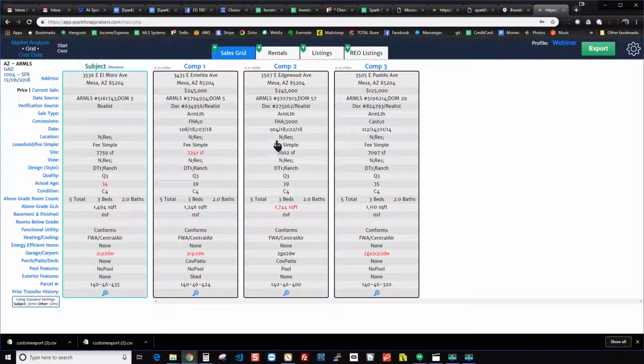Now some other things I'm just going to briefly touch on. Anything that's in red means there's a discrepancy between MLS and public records. This property, I just hover over it and it shows me public record says that, MLS says that. You can set it up to default to a certain one. So if you want Spark to always use